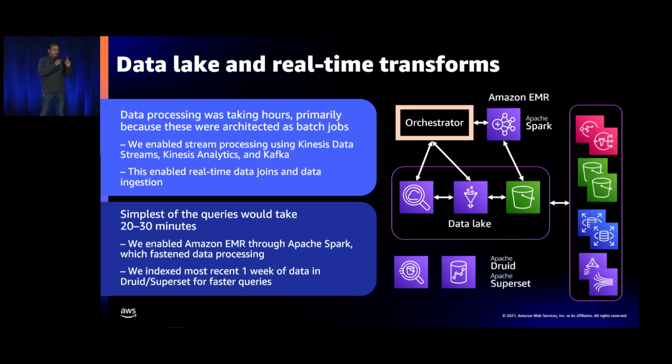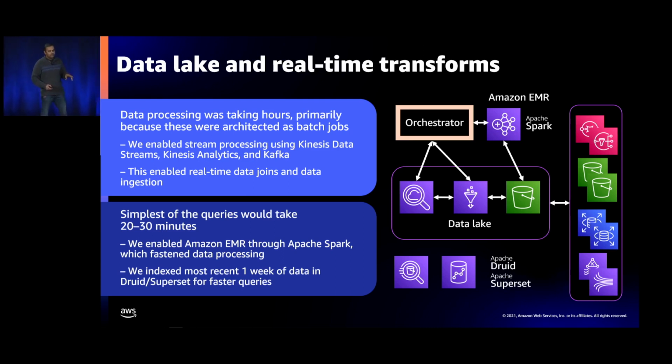We realized that the delay was also because the whole system was architected as batch jobs. Now that the ingestion was fast, you could run a job as soon as the data is available. But this job will process the data and make it ready for the next job. Then that job will process it, transform it, join it, do whatever, and then make it available for the next job, and then the next, and then the next. So if there are 4 or 5 iterations like this, there is still a delay.